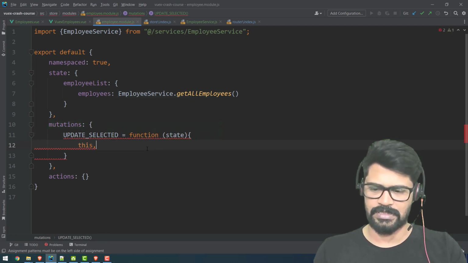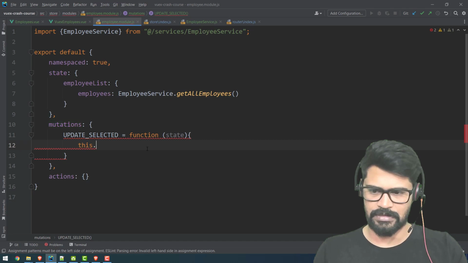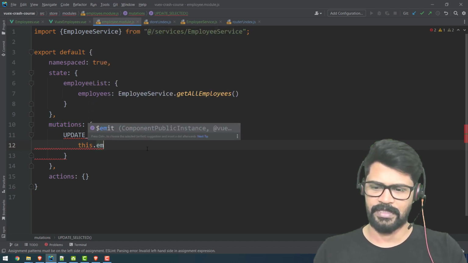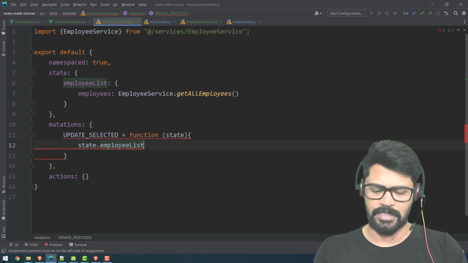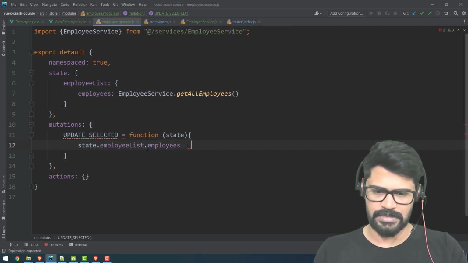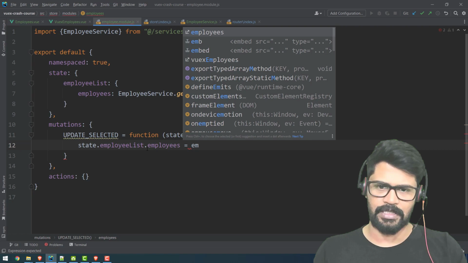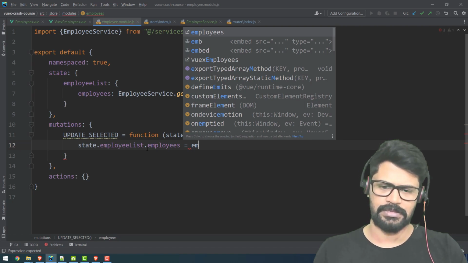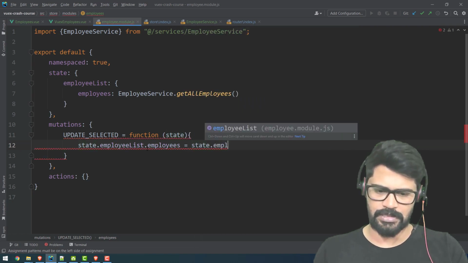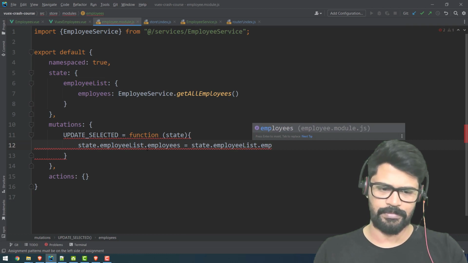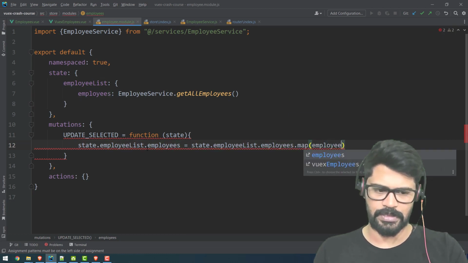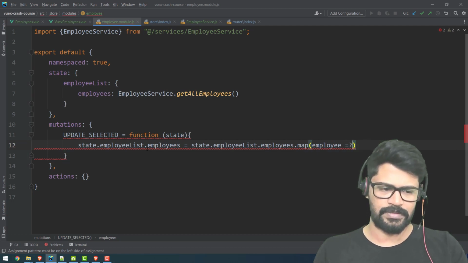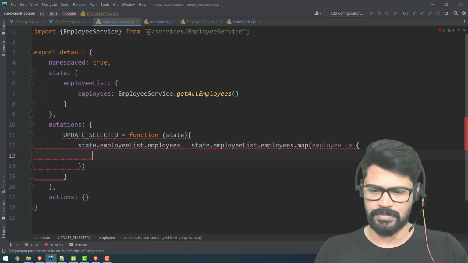So, sorry, not this, state dot employeeList dot employees is equal to again employee. So state dot employeeList dot employees dot map each employee. So the condition is going to be